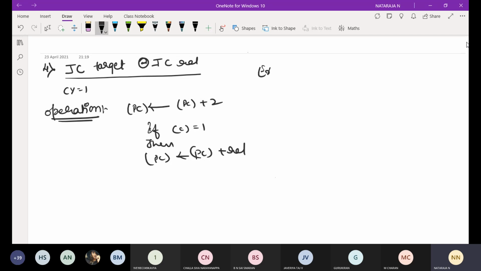I will write the example here. I will take addresses 0300, 0301 and so on, 0345.